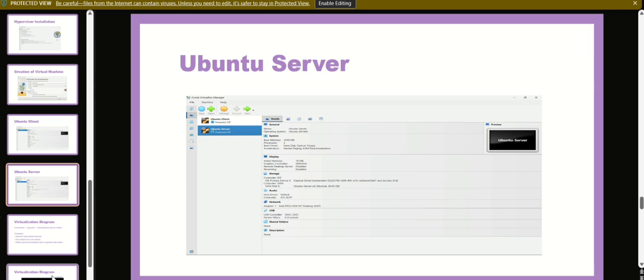In summary, using these images, we can see how we installed the hypervisor, created two virtual machines with separate roles, allocated the resources based on their task and configuration, boot orders and networking. This setup simulates a real client-server architecture on a single physical machine, which is ideal for learning and testing